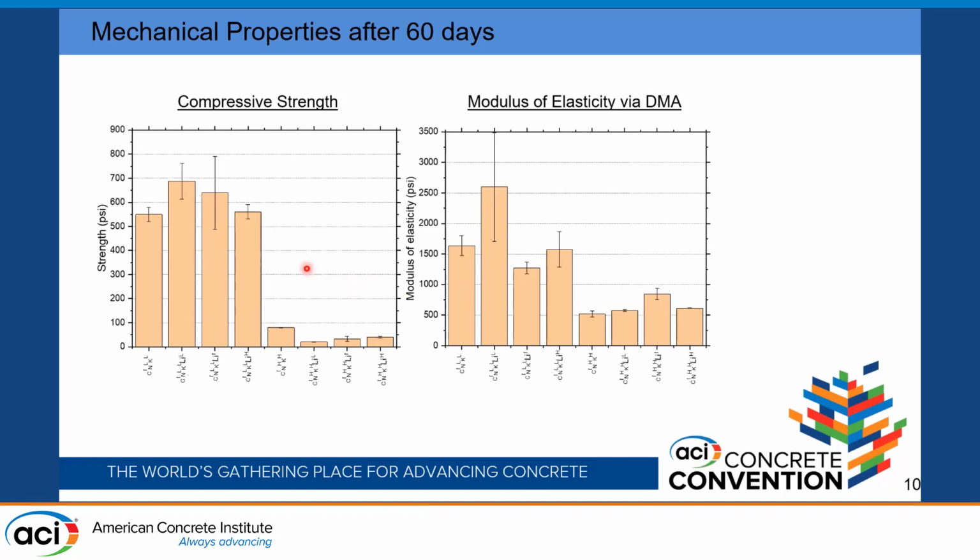We can see that as per our previous findings, the CSH-like gels are the low alkali gels, and they have a significantly higher, almost 5 times, compressive strength than the high alkali or ASR-like gels. And application of lithium is not very significant in changing the compressive strength of the CSH-like gels, but can reduce the compressive strength of the ASR-like gels.